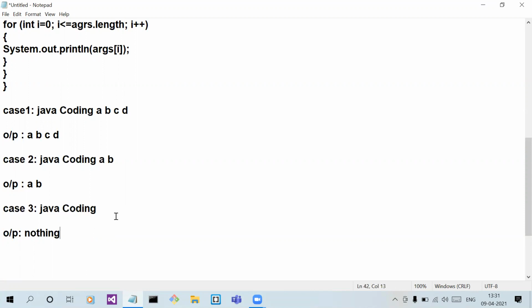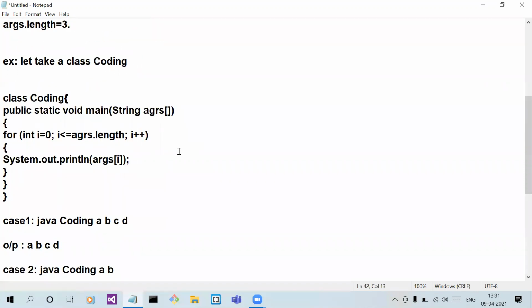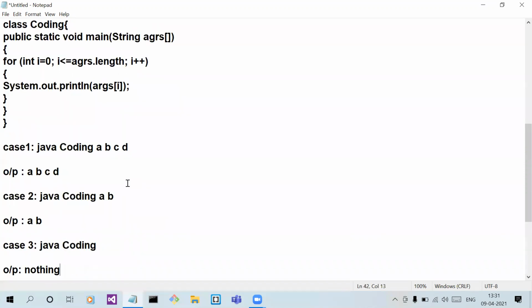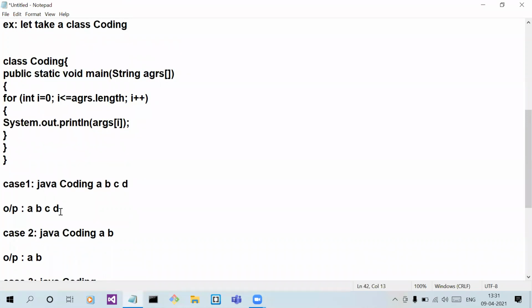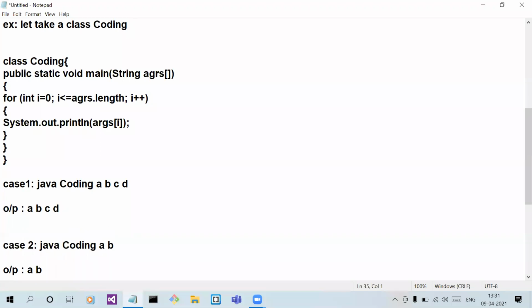There is no output. Now, if we run this code, there is a runtime error. What will be the error? Array index out of bounds exception.